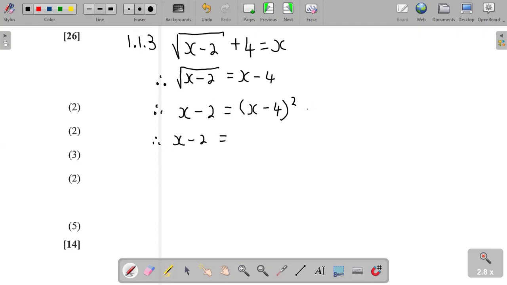when you expand this, because this is going to be expanded, it's going to be 2 brackets, x minus 4 and x minus 4. So then x minus 2 is going to be equal to x squared minus 8x